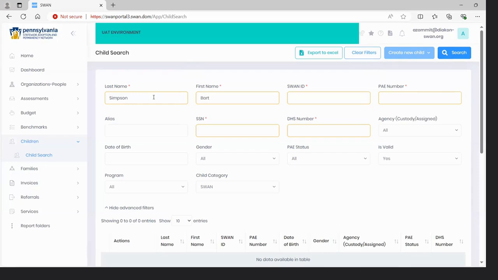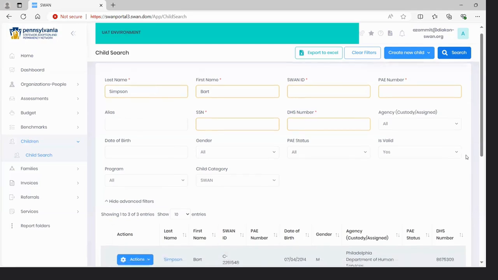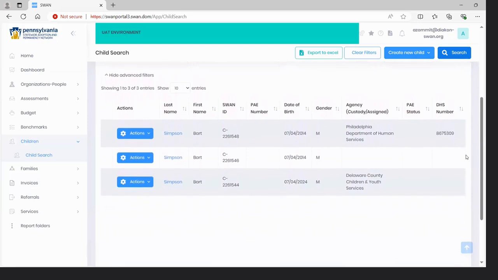Now let's search for Bart Simpson. We've entered first and last name, and we'll simply click the search button. A general note about SWAN Portal version 3 is that we sometimes have to do a lot of scrolling to view the search results. And that is the case here. We have to make sure we scroll down, and we see that we have 3 search results matching the name